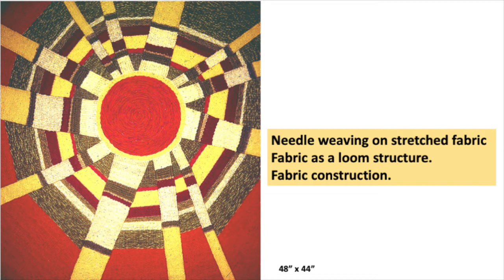And so that created the radiating lines. And then the background, each section is also set up with individual warps and woven separately. So what I'm doing at this point is covering all of the fabric. And I felt like what I'm doing is making fabric. I'm using a base fabric, and on top of that fabric, I'm creating a new fabric. So that kind of became a focus for me, that I wanted to construct and I wanted to include structure